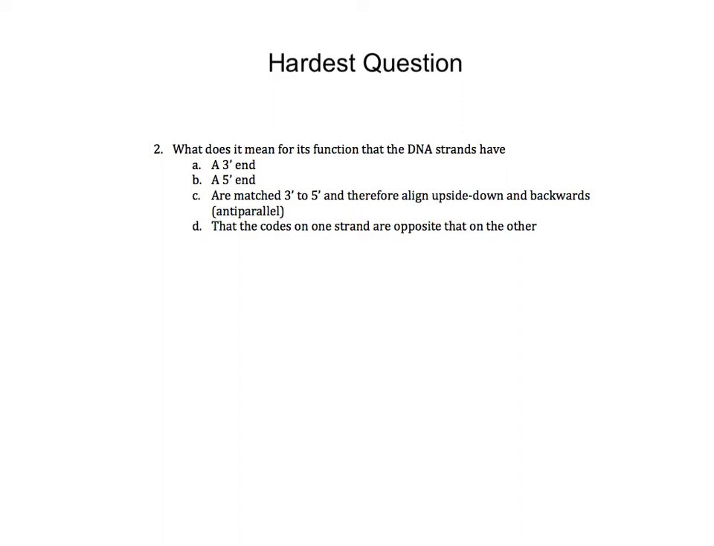Of the questions that were assigned as individual questions, number 2 was the hardest question. It involved at least 4 parts. The first part has to do with this 3' and 5' end. That has to do with the direction